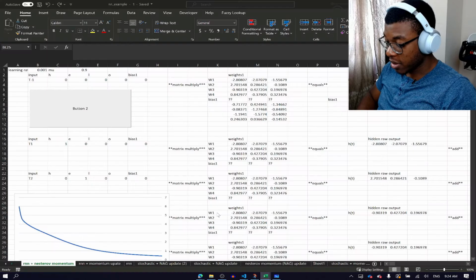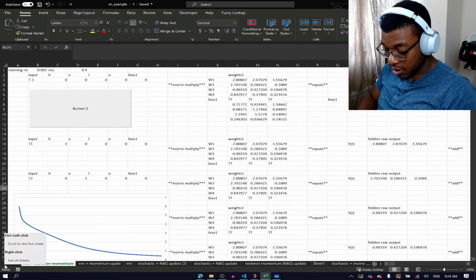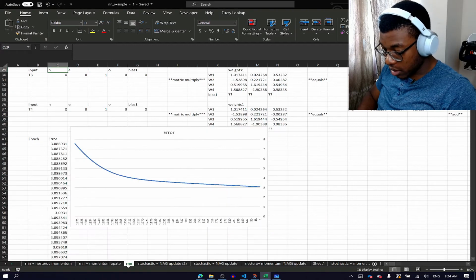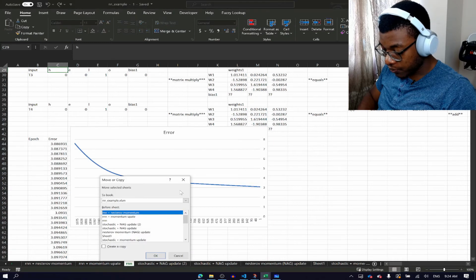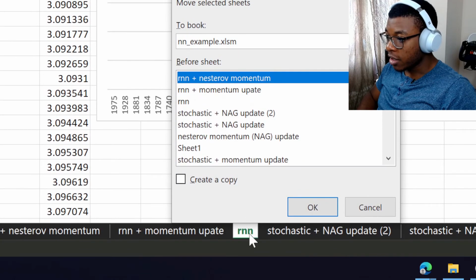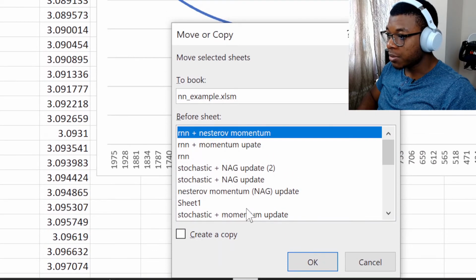I'll build for about half an hour or so, and that will be that. So what I'm doing right now is I'm just duplicating the RNN that we had. The reason being is because